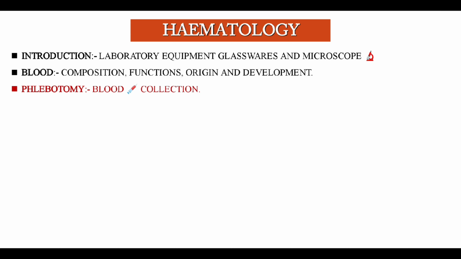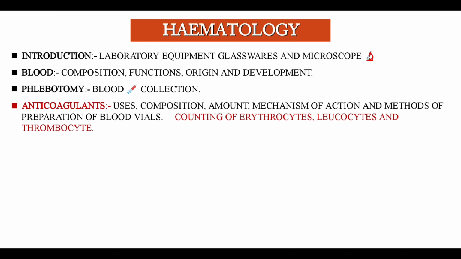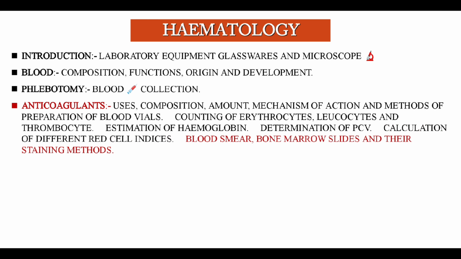And our next topic is anticoagulant, in which we have to study common anticoagulants used, their composition, amount, mechanism of action and methods of preparation of blood vials, method of counting of erythrocyte, leukocyte and platelets, method of estimation of hemoglobin, method of determination of packed cell volume, calculation of different red cell indices, drawing of peripheral blood smear, bone